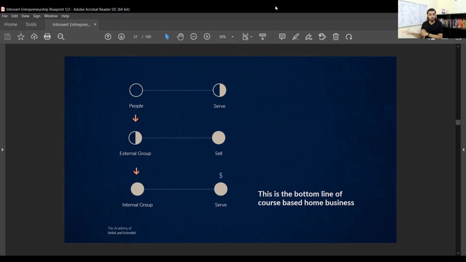In a lot of ways, we are going to talk about a lot of things. Then we pitch them or sell them something, and you take the external group and filter even more serious people, those who are even closer to you, in desperate need of what you're saying, and who want to learn and grow in whatever you're selling them. You make a transaction, you sell the product, community, courses, masterminds, one to one, and bring them to the internal group. So you're serving the first category, selling to the external group category, and then serving back again to the internal category. This is the bottom line of the course-based business.